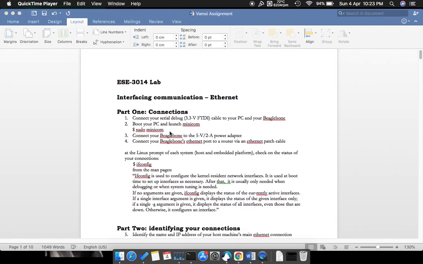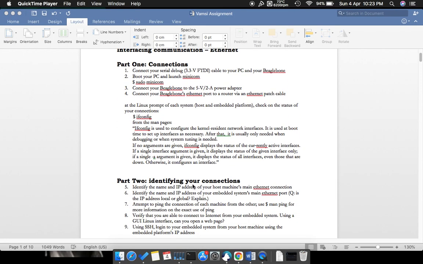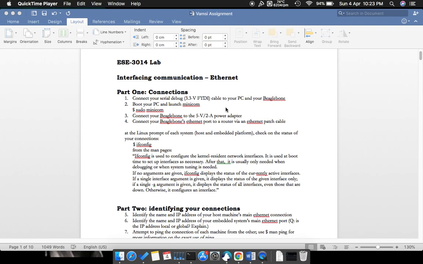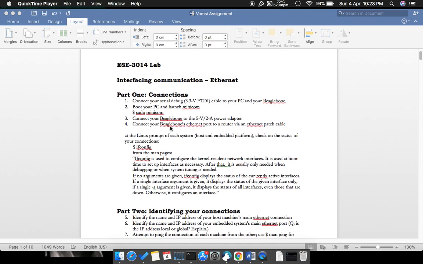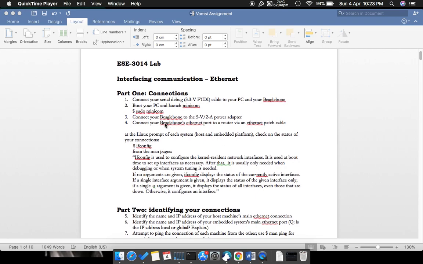Hi. So, as per this assignment, the requirements mentioned here are we have to connect and communicate with the BeagleBone using our FTDI cable. The professor has suggested we use Minicom, and once we get that connected and are able to communicate with the BeagleBone, we have to communicate with the BeagleBone through the Ethernet port. So basically, we just take any general Ethernet cable and connect it